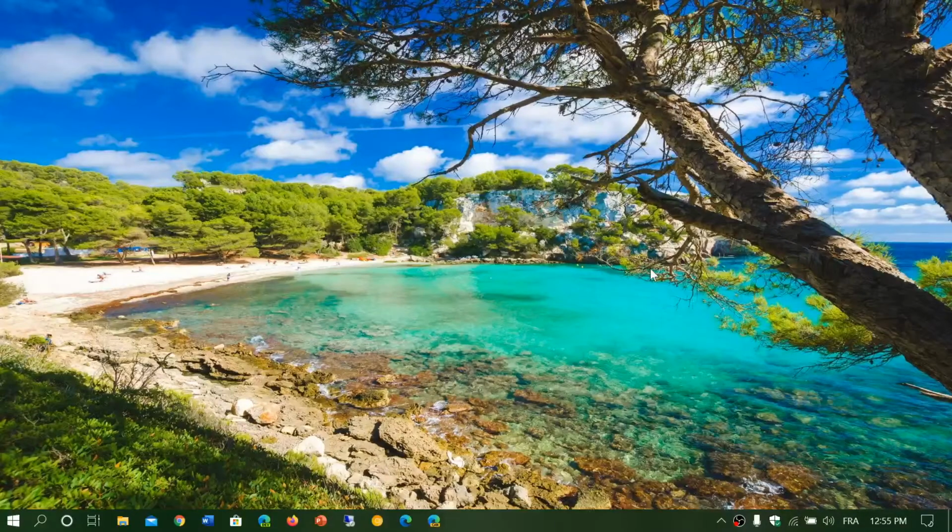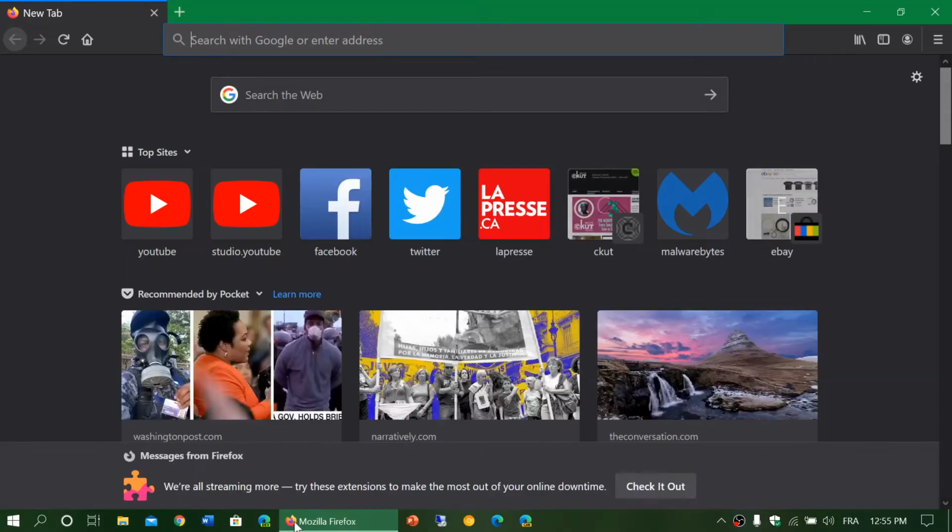There's a new version of the browser available today. If you want to know a little more about the new features, you can go to my Windows and Computer channel. Here we solely talk about the security aspect of the new browser. So Firefox 77 released today, June 2nd, 2020. It is a browser that doesn't have a lot of new features, but it does have a lot of bug